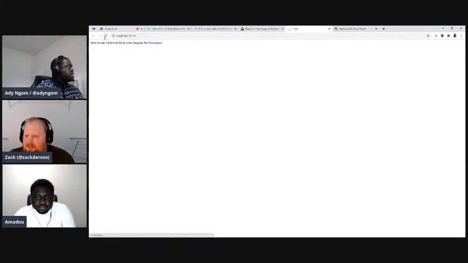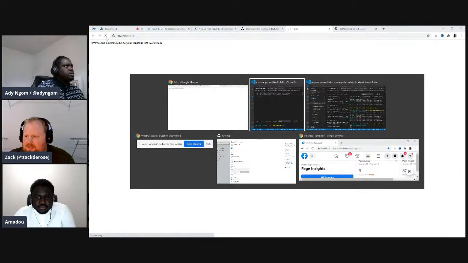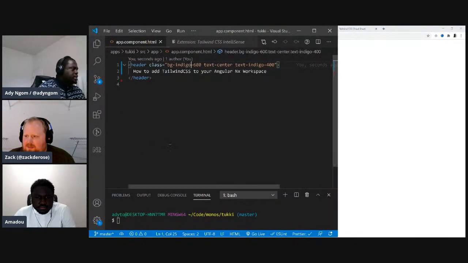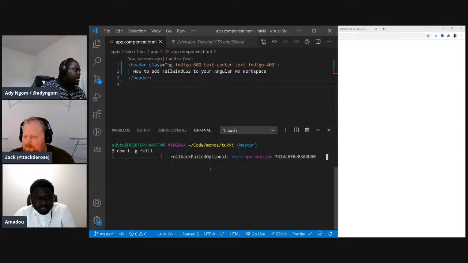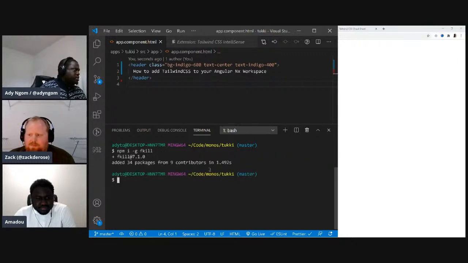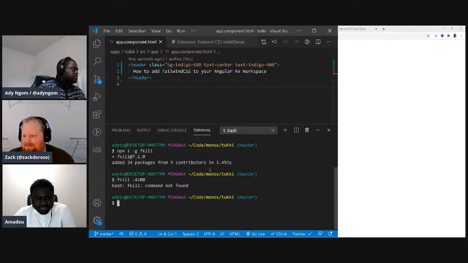Let me refresh this. It's not running right now, because I killed the server. There we go. And one thing that I want to install here real quick is this extension called fkill. For anybody who has been having trouble with like multiple node things going, you can just use this extension, and I want to kill anything that is on 4200. Oh, come on. It's not working. Anyways, so